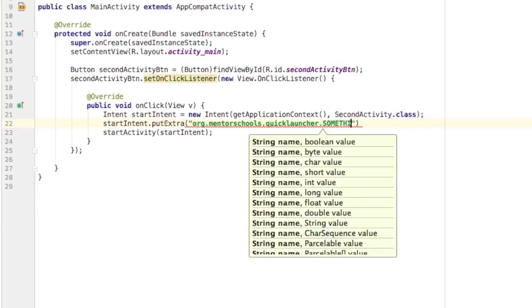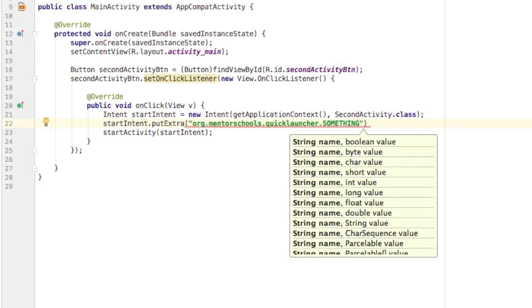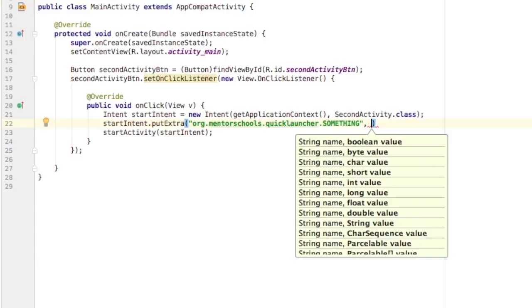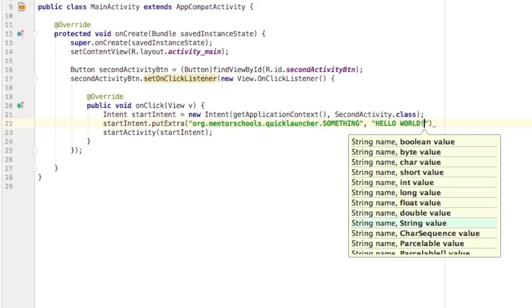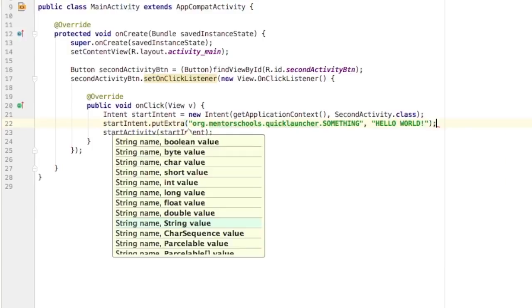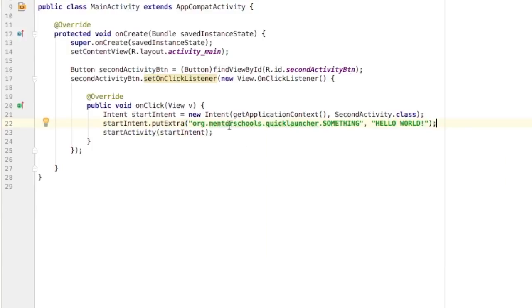So I'm going to call it something. And then the next thing you give it is the actual value that you want to pass to the other screen. So I'm going to make it say hello world in all caps and throw in an exclamation point. Okay, so now I can look up on the other screen using that key,